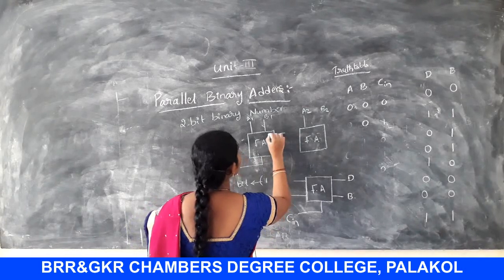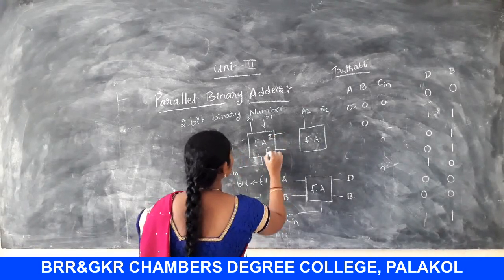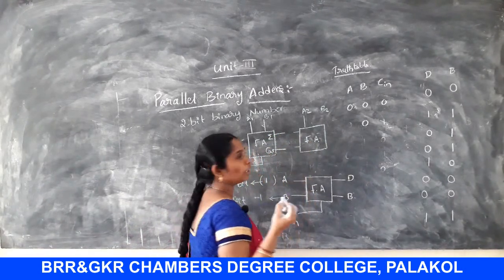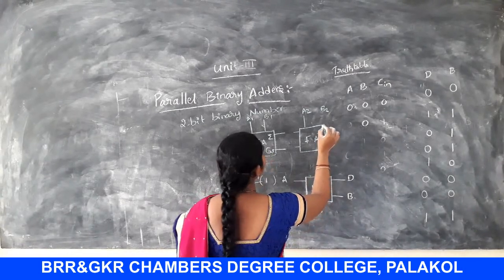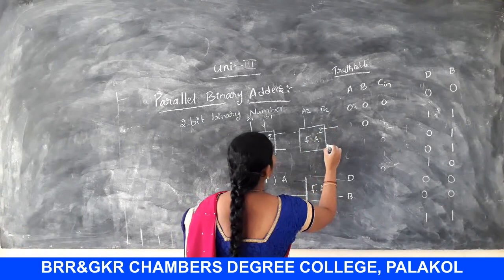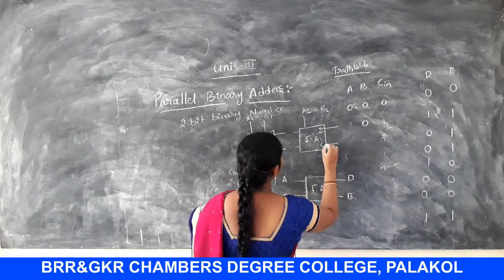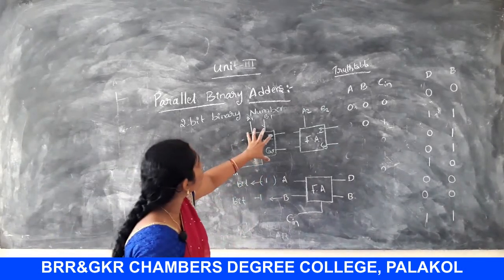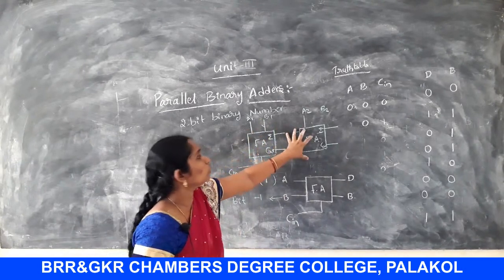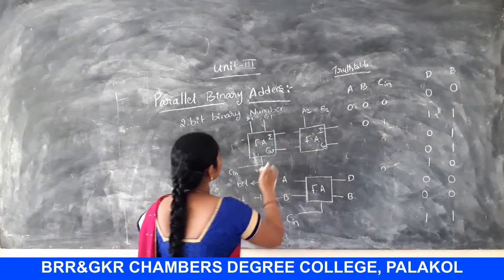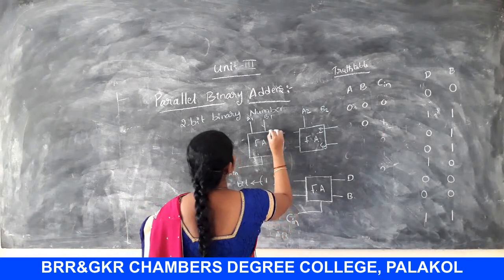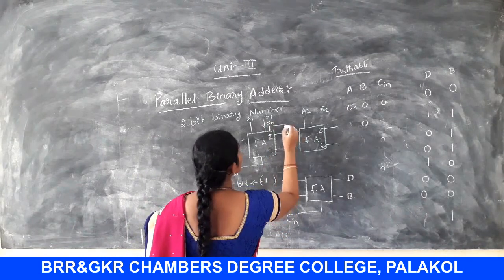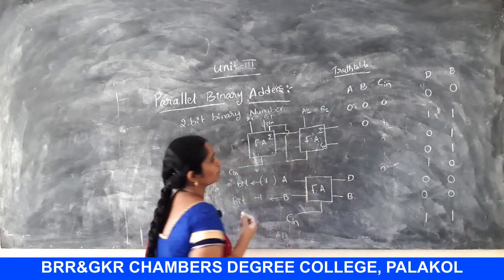So, it produces the sum and it will produce the carry out also. Here also we will apply the 2 inputs. These 2 inputs are the sum and the carry. Likewise we have to add these 2 numbers. So here this carry out is right here. This is the Cin, another number is there. This Cin is added to this number.